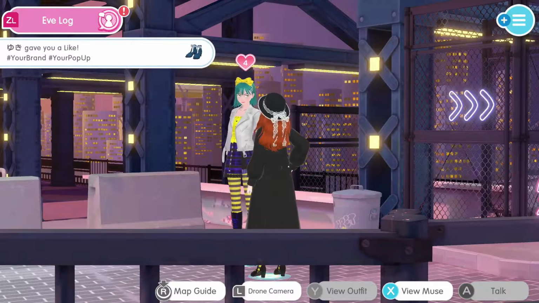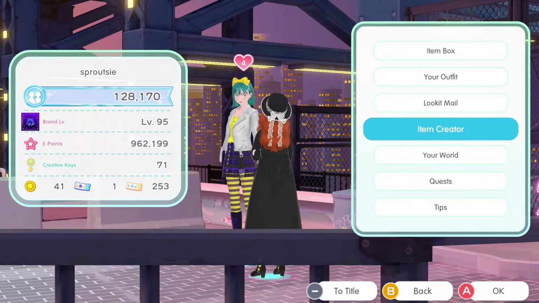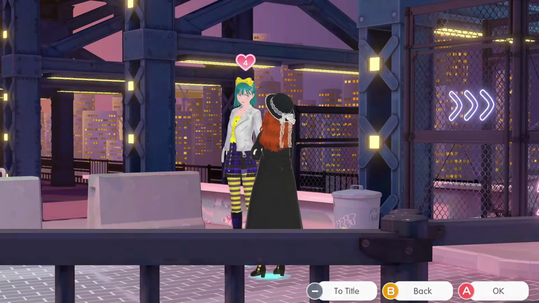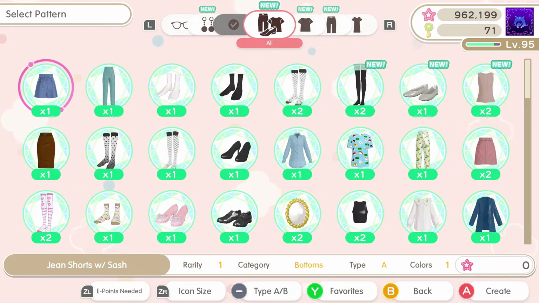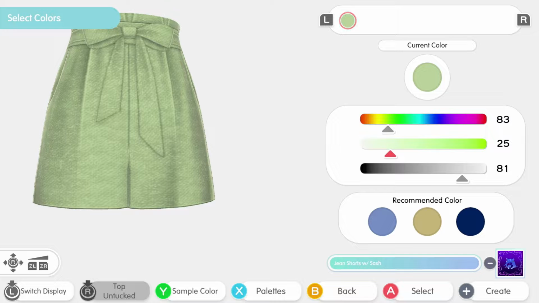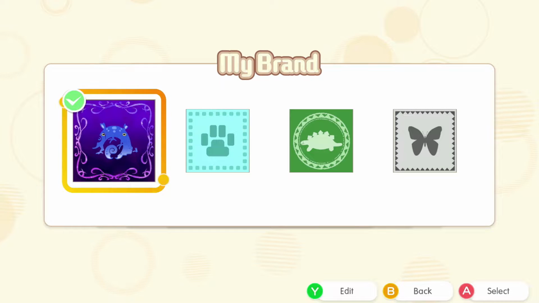Fashion Dreamer is a new game on Nintendo Switch where you can design your own clothes and style your own character and other characters throughout the game. A big part of Fashion Dreamer is designing those clothes under your own brand. When someone else interacts with clothes or accessories that you've created, they will see your brand logo next to each